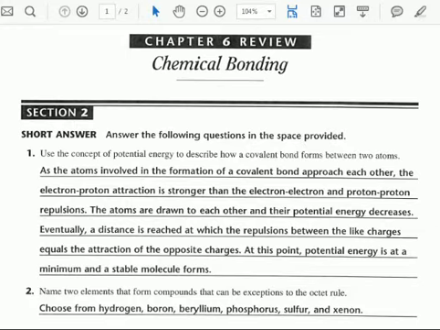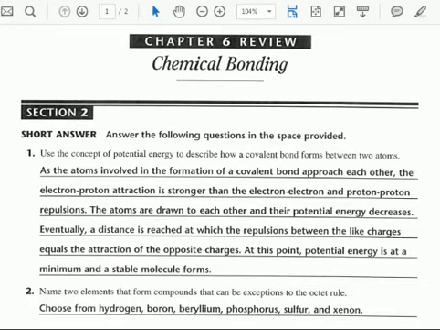The atoms are drawn closer towards each other, and their potential energy decreases as they do so. As they move closer, their potential energy decreases because they're giving in to that force, drawing them closer. But eventually, as you get close enough, right, you have to get very, very close for this to happen,